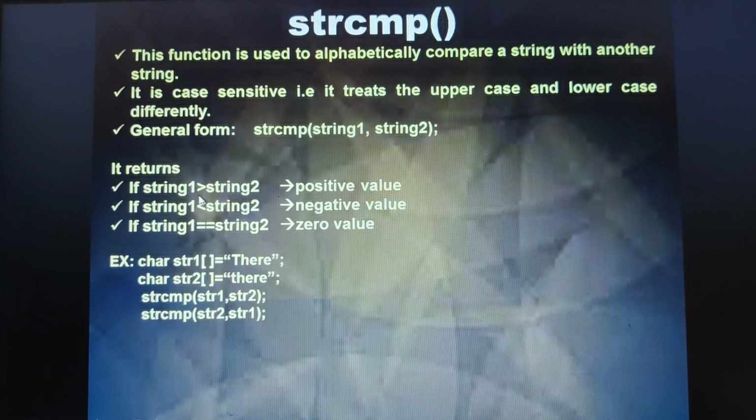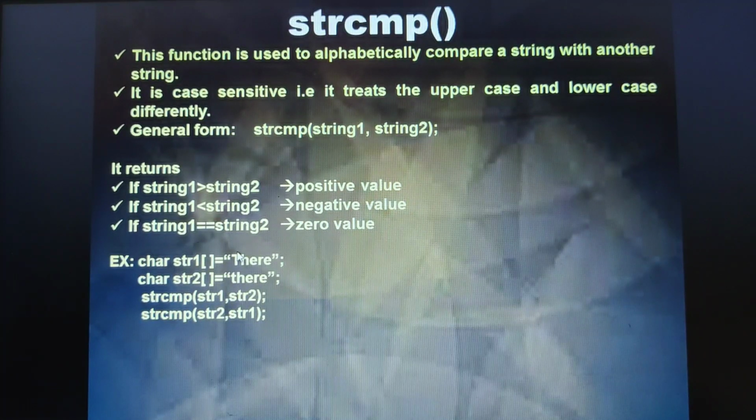That is, I am going to write it like, string 1 is greater than string 2. That means now I am taking this one as string 2 here. What if I have taken this one as string 1 and this one as string 2? Definitely string 1 would be greater than string 2. In that case, it would give me a positive value. What if both were in uppercase? Even if I had T in uppercase, THERE as it is like string 1, then it would give me a 0 value. I hope you are able to understand.